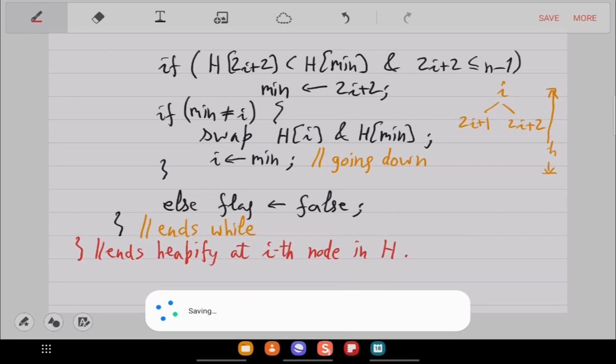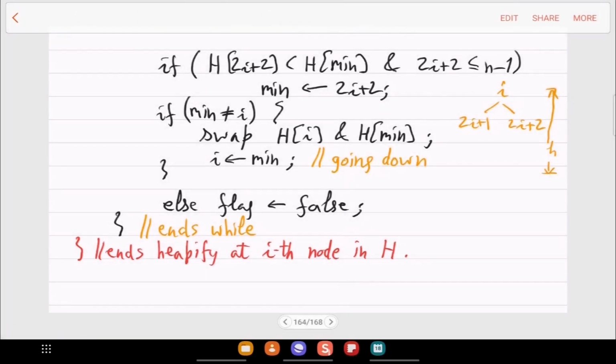Heapify is just a function. There will be a main program which will call this. So that main program you can now guess and write. The main program will essentially, like we did in the example,